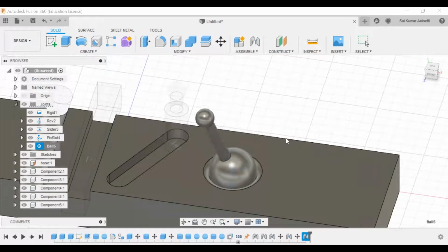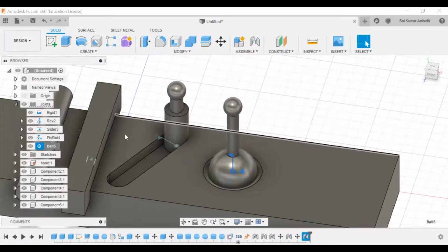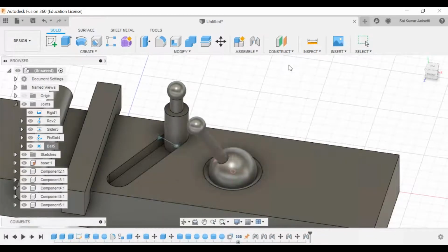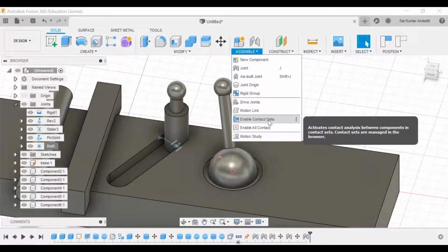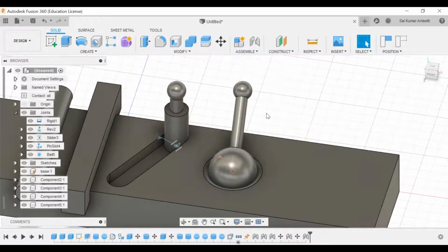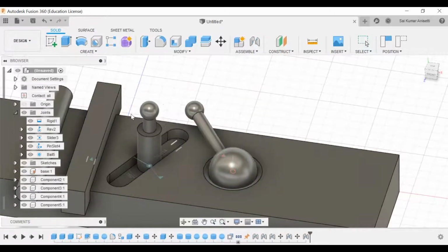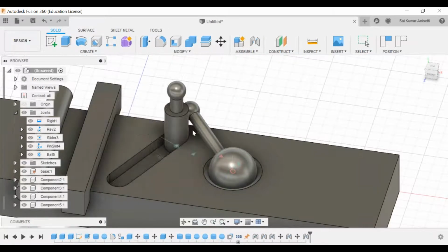Now to this given ball joint, animate joint. Make sure that it is not completely 60 degrees. So you reduce your dimensions. If you have dimensions, then you can go with the perfect value. See, that is how your joint would be. If I rotate this, your joint will be rotating. And make sure in your assembly you enable contact, enable all contacts. If that is there, your joint will not actually move through your part if there is any contact.